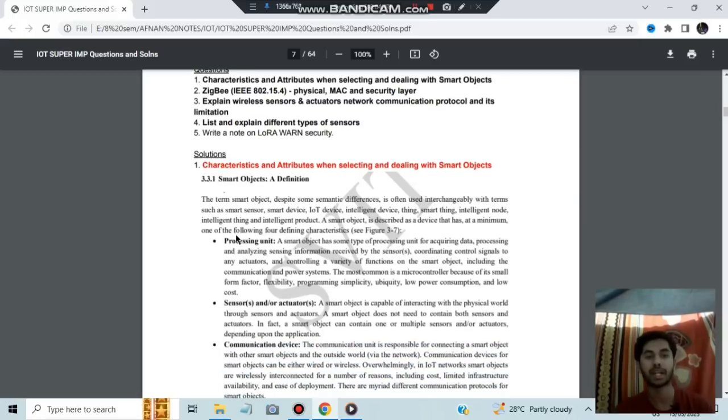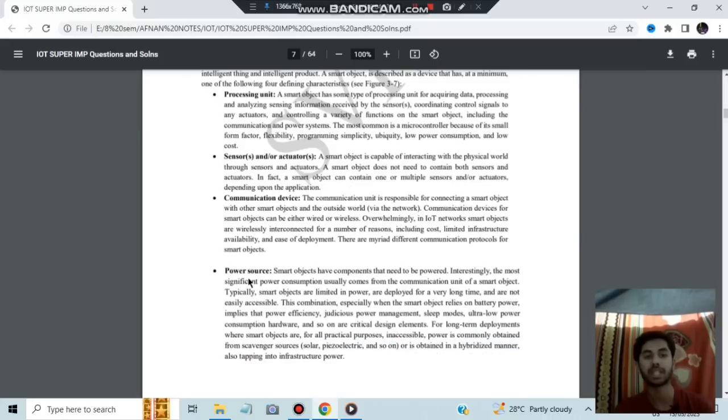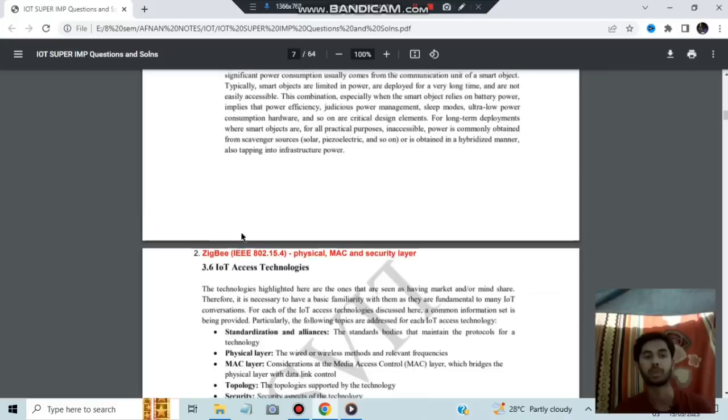So a few of the characteristics are: processing unit we will be checking, sensors and actuators, communication device, and power source, how much power it will be lasting, and what is its battery capacity. All those things we will be looking at. Okay,